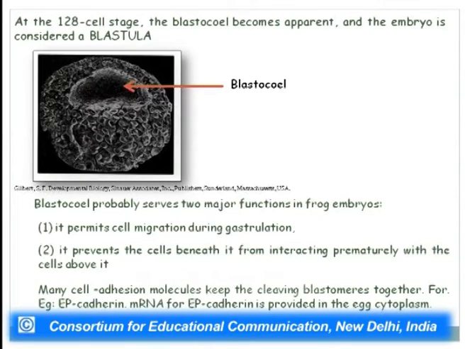They are tightly packed, and this kind of cavity is created because of certain molecules such as EP cadherin. So, EP cadherin is provided in the egg cytoplasm. The amphibian genome does not produce it. The mRNA is already present in the egg, and this EP cadherin makes the micromeres adhere